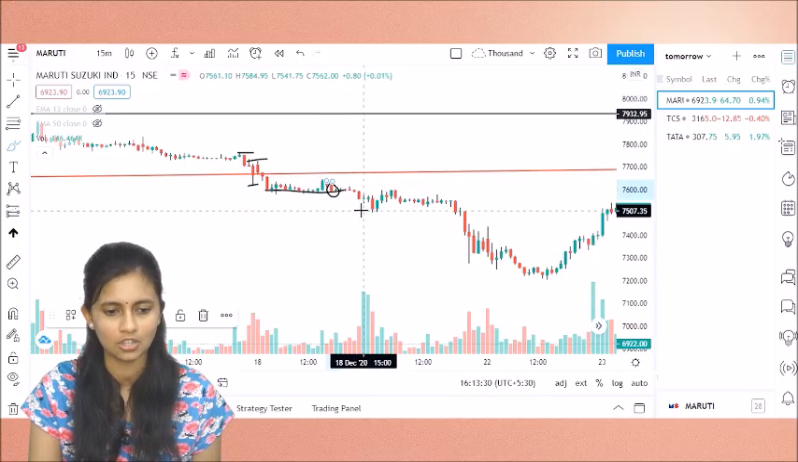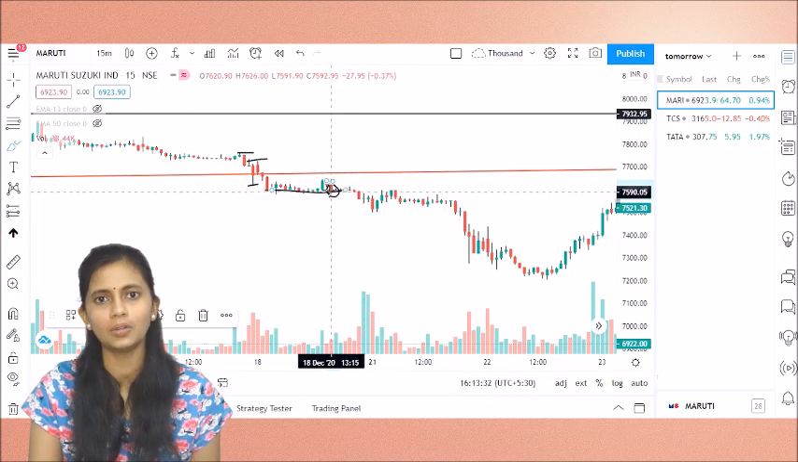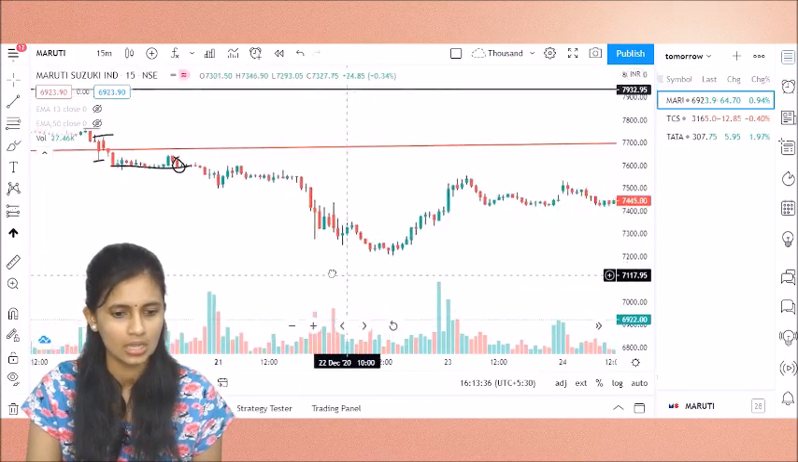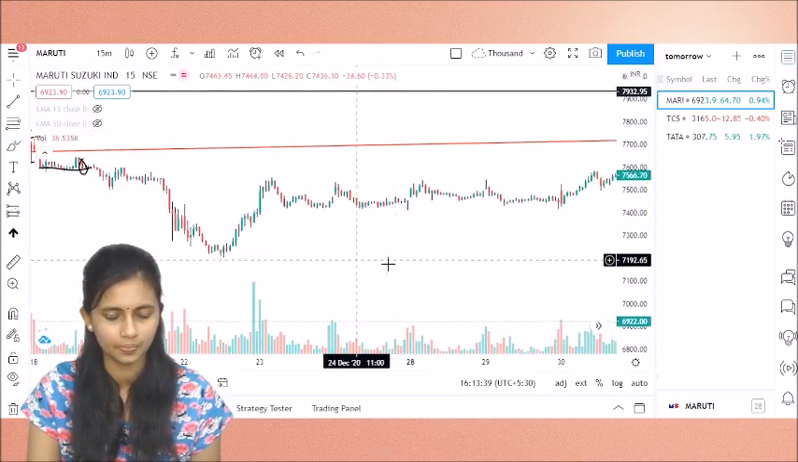Here you can see the stock has retraced over here. Then you take your entry. This will be the breakdown candle. Then you can go for shorting. Similarly, if you go on checking,